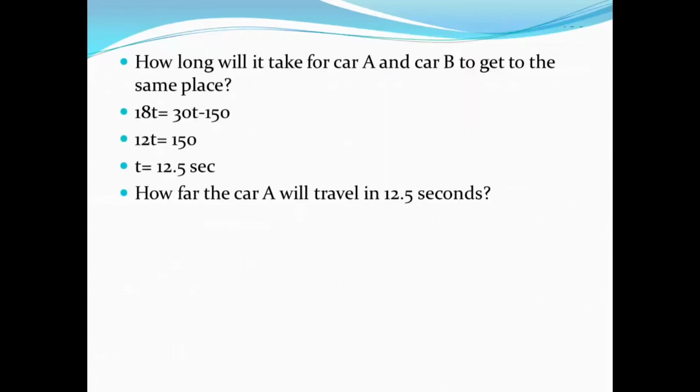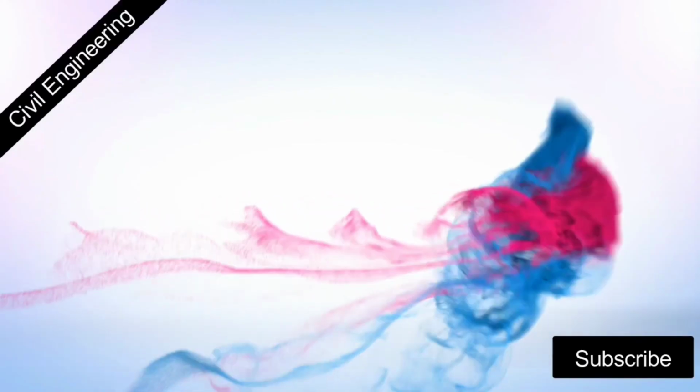So here again you find the distance car A has to travel in 12.5 seconds. The velocity is 30 for car A and the distance traveled will be 375 meters. Simple. So there are two approaches and we will get the final answer as